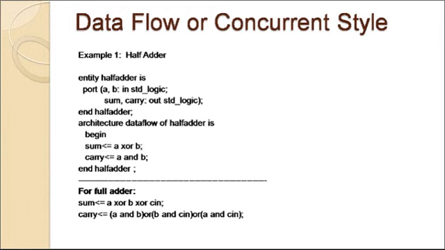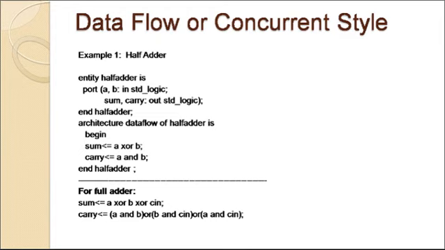Now, suppose that whatever code is written above for a half adder, you want to convert it, or you want to write the VHDL code for a full adder. How will you write a VHDL code for a full adder? A full adder has three inputs: A, B and previous carry, which I am calling Cin. And there are two outputs only, sum and carry. What will be the change in the entity as compared to the half adder? There is a very simple change. Entity full adder is port A, B, Cin in std_logic. There will not be any change in the out.